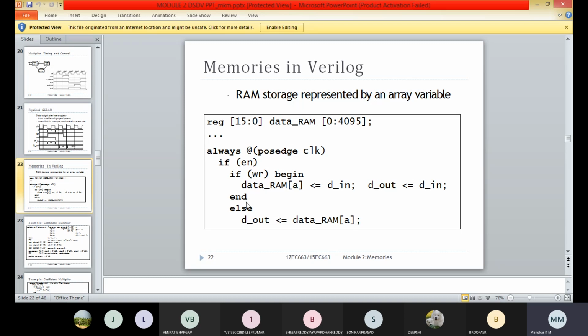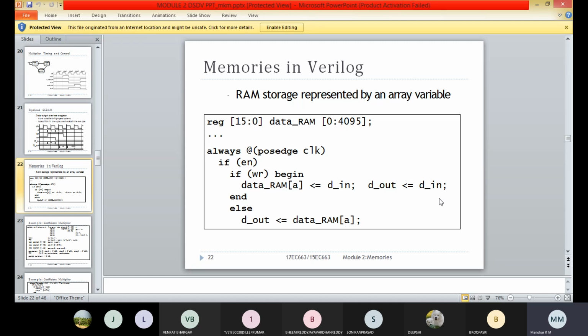Next, in the same flow through SSRAM, the data stored will immediately appear on the output line.